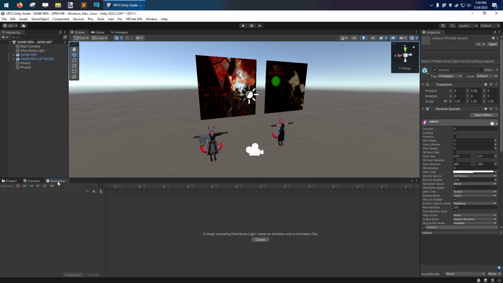You have your animation tab here, which is useful for editing animations. You've got the keyframes that will show up here. You have a timeline bar up here that you can use to move the timeline, and the frames for animations will actually be in the center here. You have your game view,